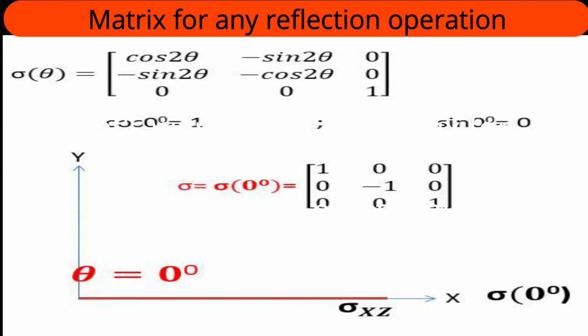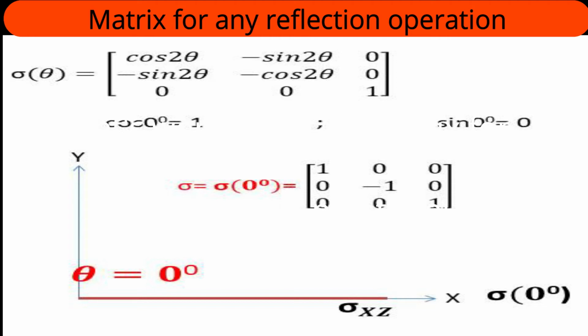Now here I want to consider one of the planes, the first plane in the C3V point group, and let me consider it is the xz plane. So how much angle does it make with the xz plane? It is the same, no? So the angle is 0. So I have to substitute theta equal to 0. If theta is equal to 0, 2 theta will also be 0 degrees. What are the values for cos 0 degree and sin 0 degree? Cos 0 degree is 1 and sin 0 degree is 0. Substituting those values, I will get the matrix for the xz plane by our derived equation: 1, 0, 0; 0, minus 1, 0; 0, 0, 1.